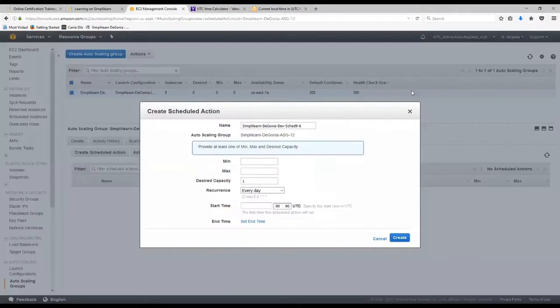So for all intents and purposes, we'll just say that we're going to start this up at 2 a.m. UTC, which is somewhere close to 9 a.m. Standard time, and we'll start that on the 11th, which would be tomorrow, and so that would have our time for it to start. So we would create that,